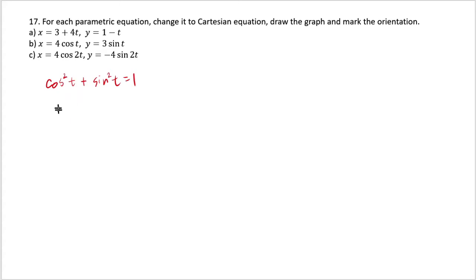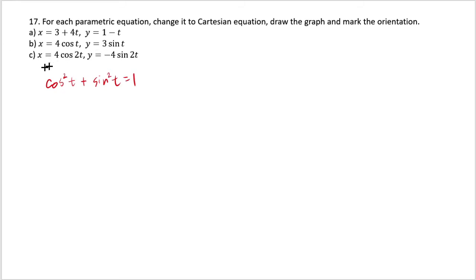There are some other cases. If you have like a tangent, you would use 1 plus tangent squared t equals secant squared t. So that could be another use. So if you have a curve where you see tangent and secant, that could be another possible thing to use. But anyways, here we just have sine and cosine, and your goal is to make this,